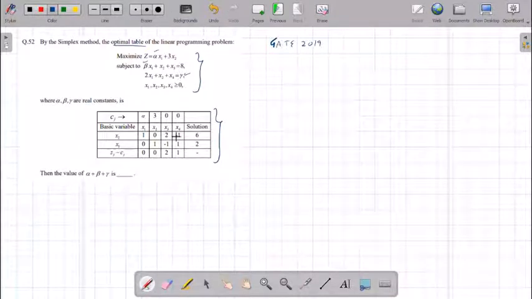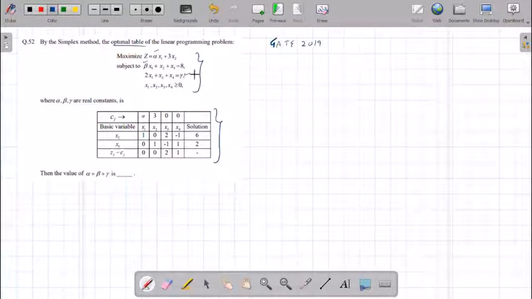These kinds of questions are very frequently asked in the GATE exam in relation with LPPs, where they introduce certain unknowns so that you can use the concepts and the definitions of the terms related with LPP to solve them. So we will be using the information provided in the question to find the value of alpha, beta and gamma, and then we will be evaluating alpha plus beta plus gamma, right?